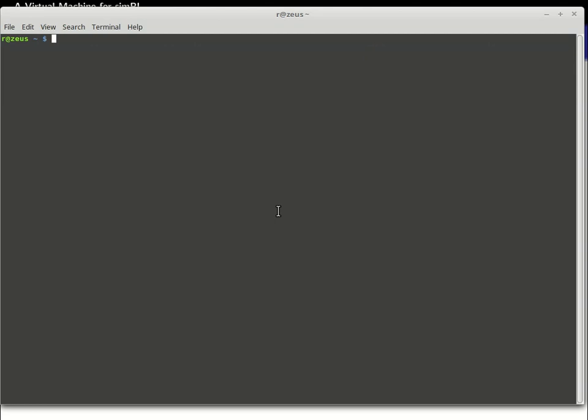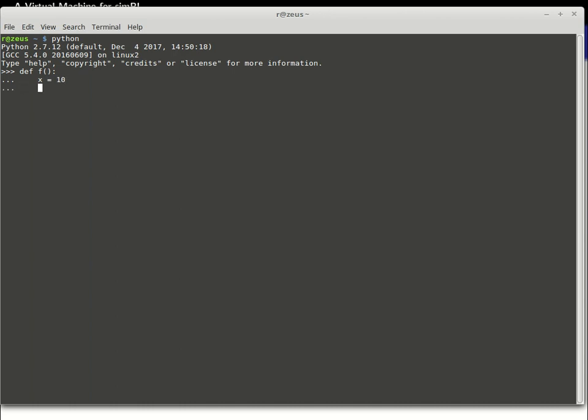We could pick Python, for instance, and let's define function f that maybe has no arguments. And then inside, I'm going to have an x equals 10. And then I'm going to say def g,